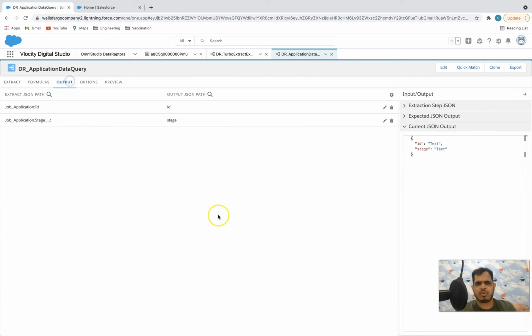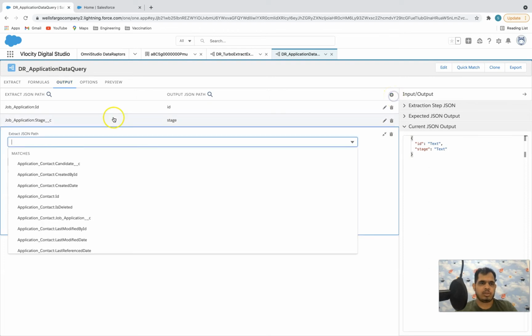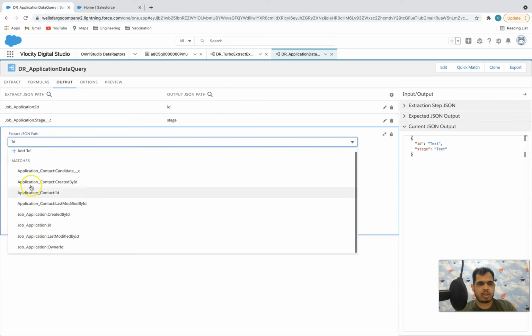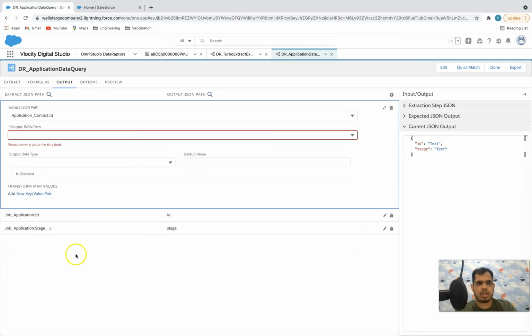But for now, if we want, just to show you, I will map the ID of this job application into our output JSON. Okay, so here I will say, okay, I want the ID of application contact, right? And it should go.